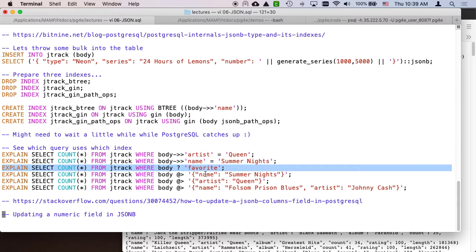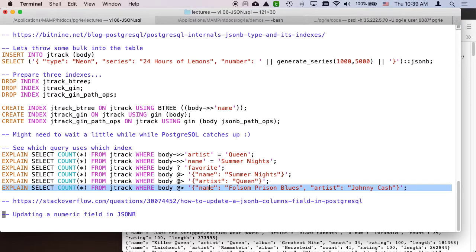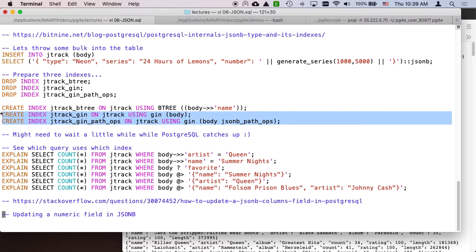But then, to get the things like name Summer Nights or artist Queen or name Folsom Prison Blues and artist Johnny Cash, which is what we're doing in these last 3, we're going to make another index that's asking for the path ops. The difference between a gin on the body and a gin with JSONB path ops on the body is that it looks at key value pairs and is super fast. Of course, the JSONB path ops is bigger and slower and harder to maintain, but it does hit on more of the where clauses. So these last, the gin and the gin path ops